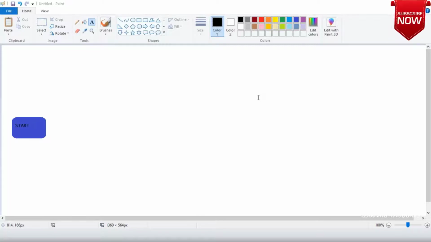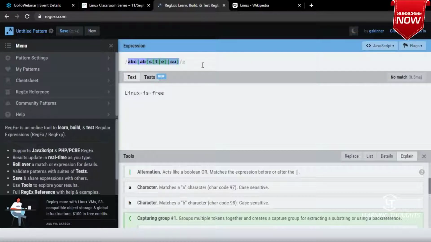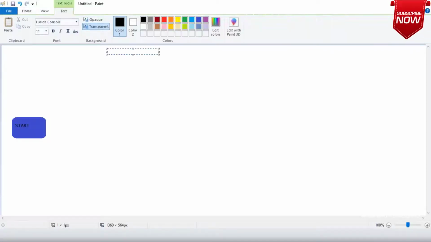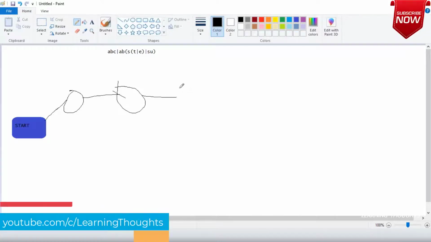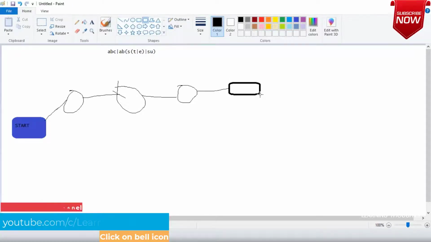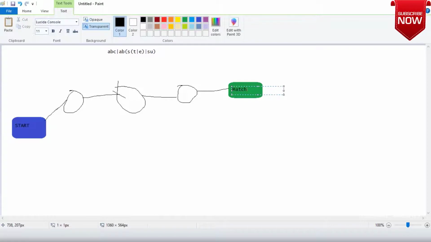Okay. Now let us look at the expression which I have tried to write over here. Okay. My regular expression is this. So first what I'm trying to tell is, go over here, and then match.